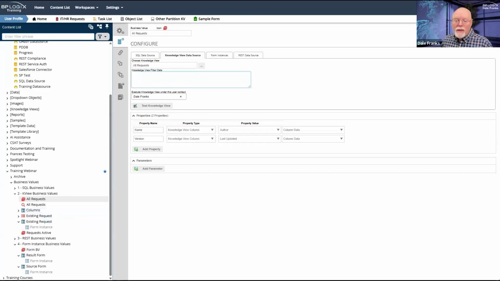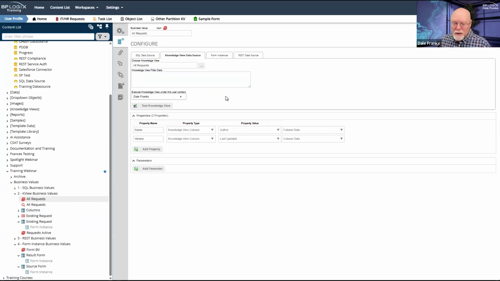And that is what the evaluate knowledge view under this user context does for us. It enables us to choose a user who can run that knowledge view. In my case, since this is my system and I run it, I'm the only user. So I'm the only person who matters on this system. So therefore, I use myself as the user context. So it always runs it as me.